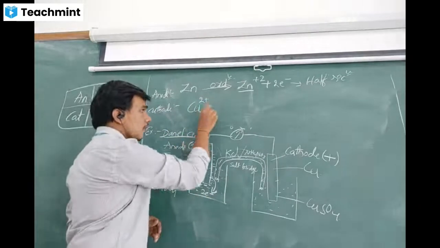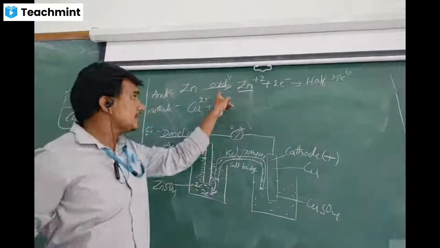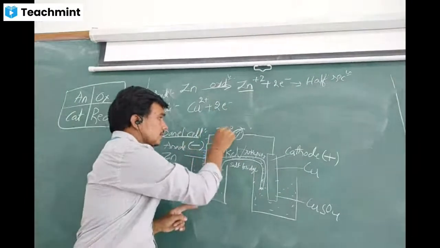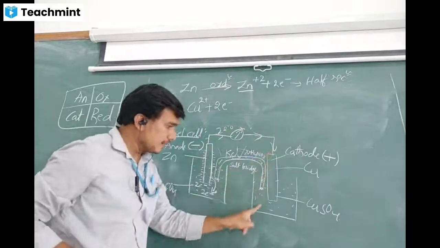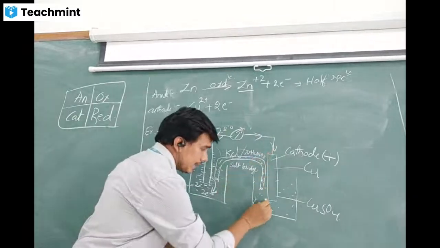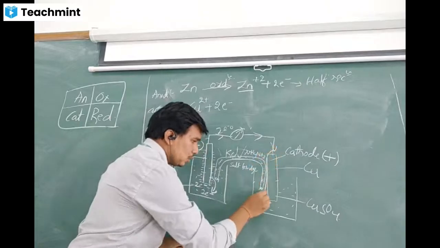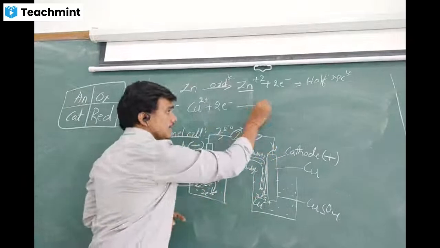Here copper is being reduced. How many electrons? Two electrons are coming from anode to the cathode. So here the copper ions in the solution accept the two electrons and are reduced as